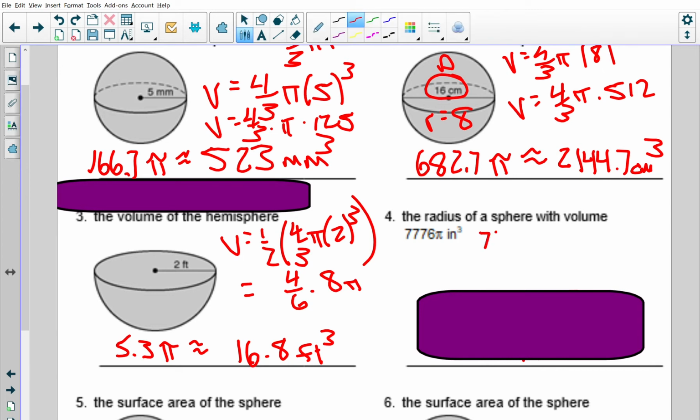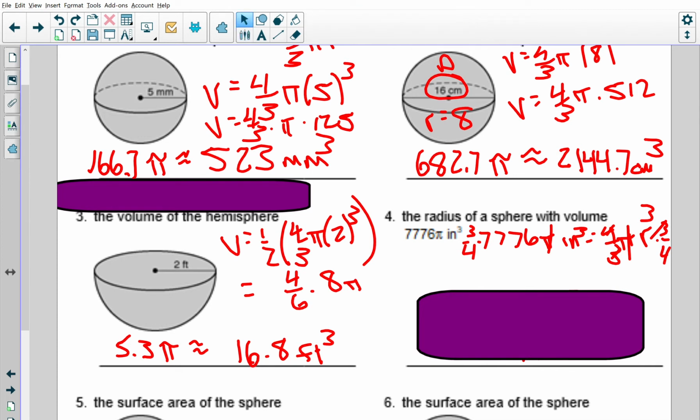Well, the volume has to be equal to 4/3 pi r cubed. Well, now what do? I'm going to divide pi from both sides. Those go away. And then I'm going to multiply both sides by the reciprocal of my fraction. Because that cancels that, that cancels that, and 3/4 of 7,776